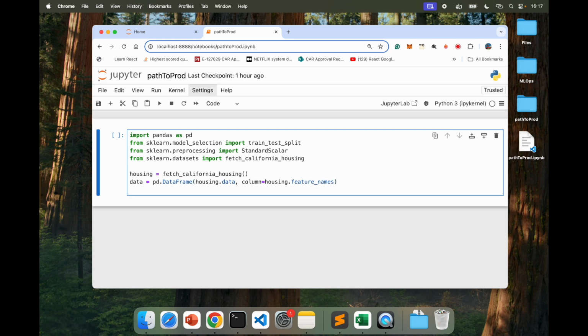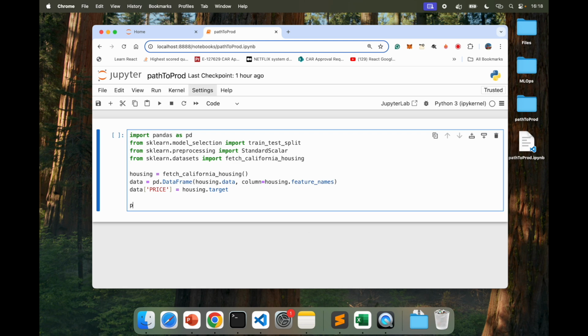And then next thing that I'm going to do is I'll say data price equal to housing dot target. So this is our target variable. This creates a new column called price in the data frame where the values are the target variables, that is house prices. This column will be the dependent variable that the model tries to predict. Okay, so let's go to the next part, which is print data dot head. So if I run this now,